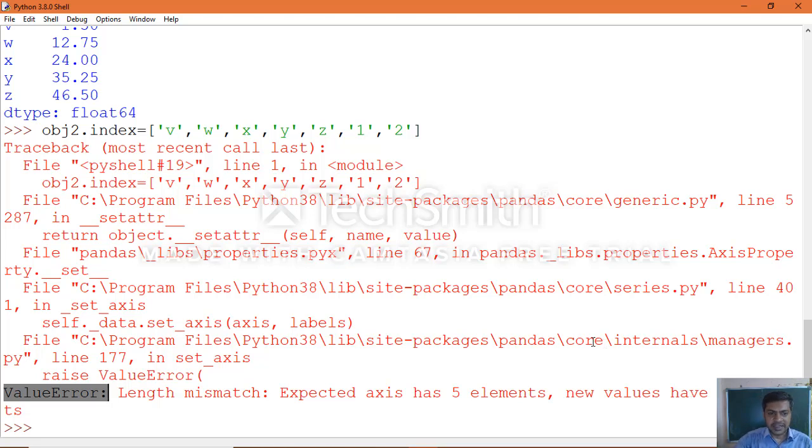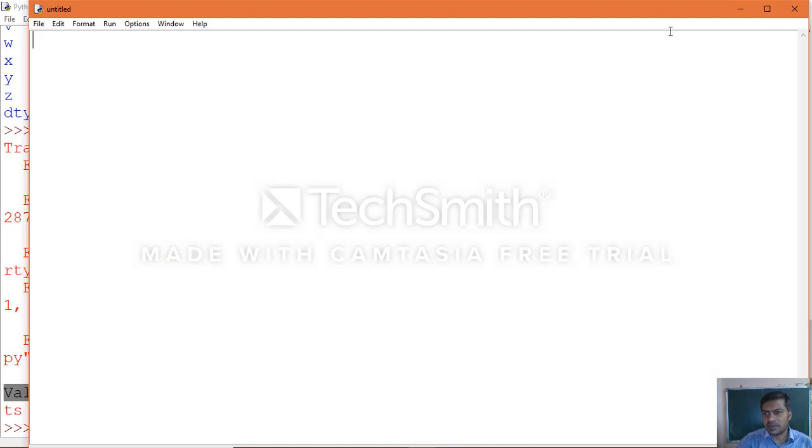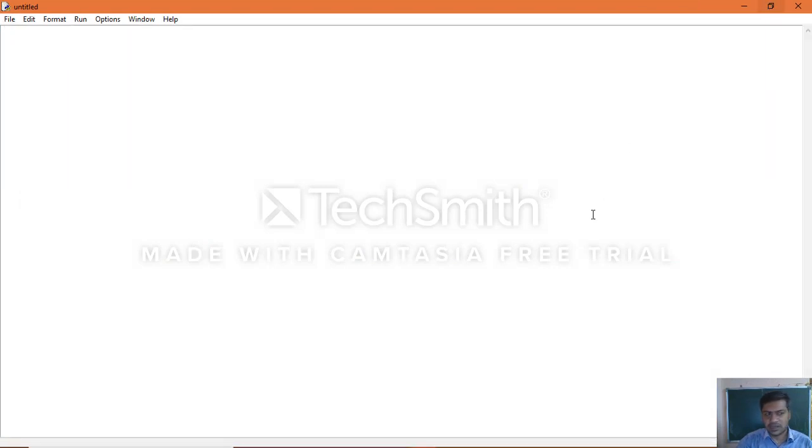So now a textbook example, which was given, we will execute like a script. Let's see what happens here.